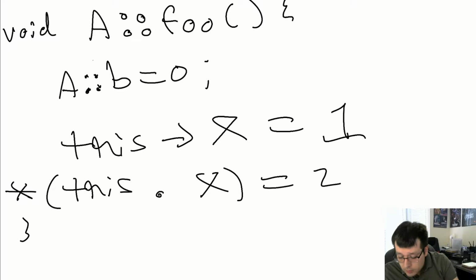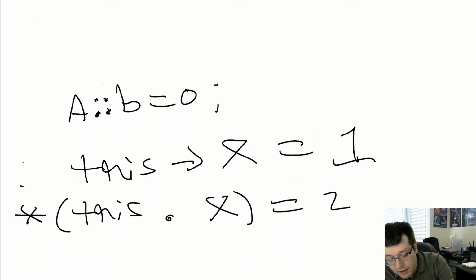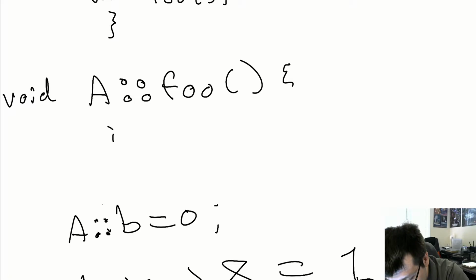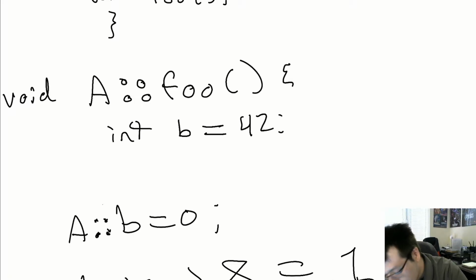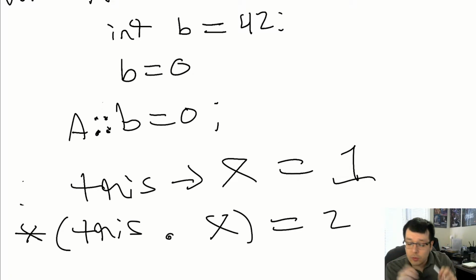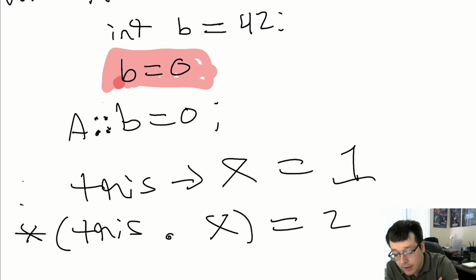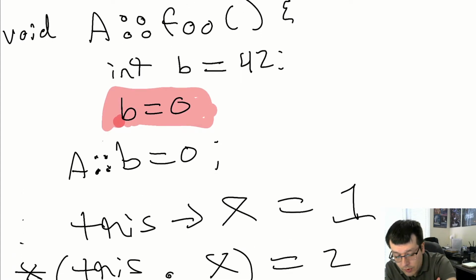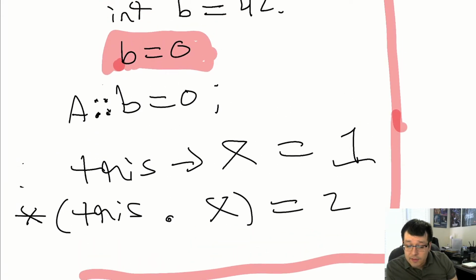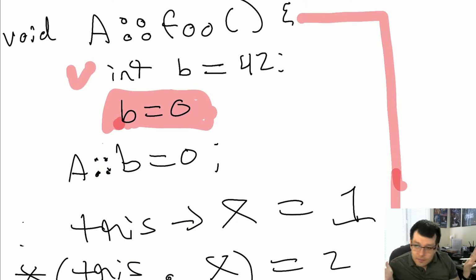Now, why would you want to do this? Well, let us say that because of your bad coding etiquette, you decide to declare a variable called b in this function. Like you say, I'm going to declare a variable called int b in here and set it to 42. Here's the issue. If I want to set b to 0 like this, the scoping rules matter. What C++ does is it starts out here and checks first within the local scope to see what b is. So it's going to look within the foo function, within this bracket all the way to the closing bracket of the function somewhere down there. Because it sees the declaration right here, it stops and assumes that's the